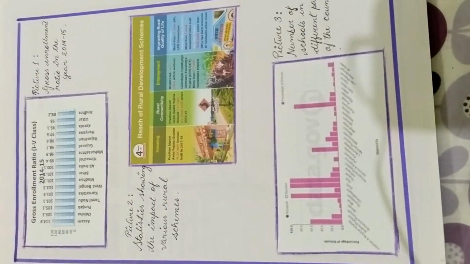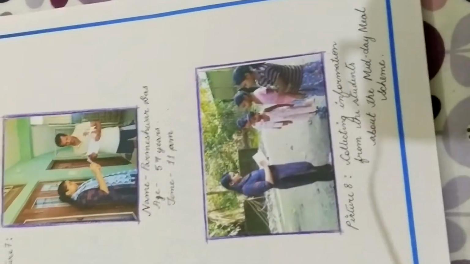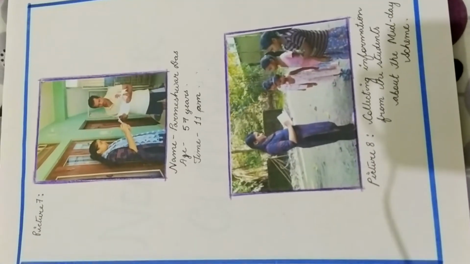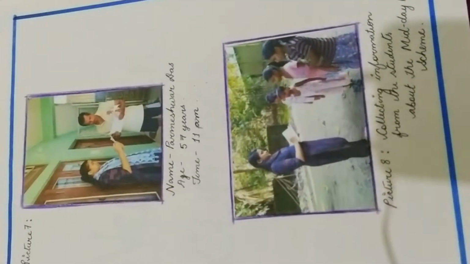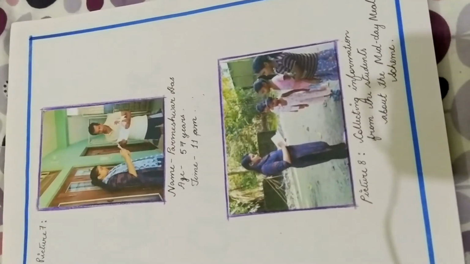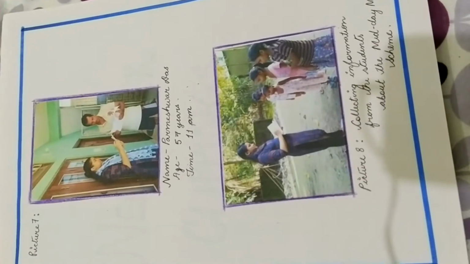Then comes pictorial evidence. This is the pictorial evidence. So she has collected different graphs, certain statistics, certain pictures from various sources. So here she is interviewing the people by her own self, but of course it won't be possible for you because you are in a condition of lockdown. Now obviously lockdown has been taken up, but then you are not allowed to move freely, isn't it? So for you, no need to give your own pictures, since you are collecting the data through Google Forms. So no need to give your photographs.